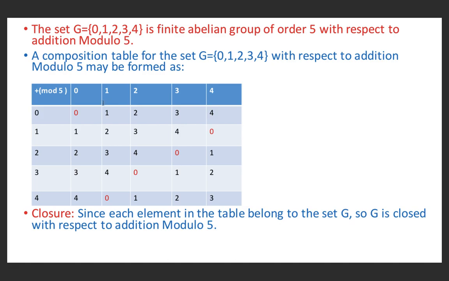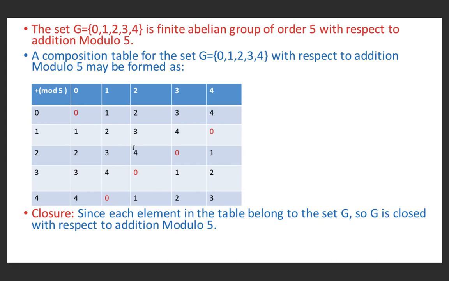One more thing we observe is that the diagonal elements of the table are 0, 2, 4, 1 and 3. The elements to the right of 0 in the first row are 1, 2, 3, 4. The elements below 0 in the first column are 1, 2, 3, 4. So these are the same elements. Now the second diagonal element is 2. The elements to the right in the second row are 3, 4 and 0, and the elements below 2 in the second column are 3, 4, 0, which are the same.